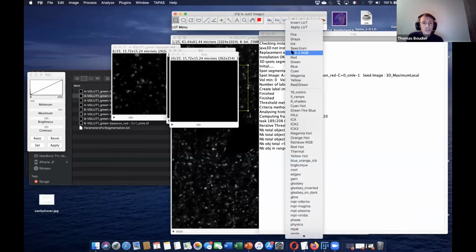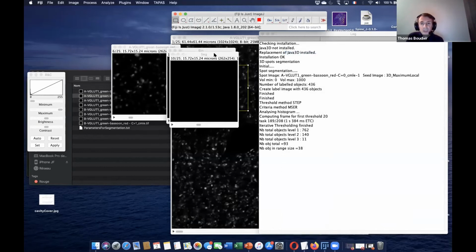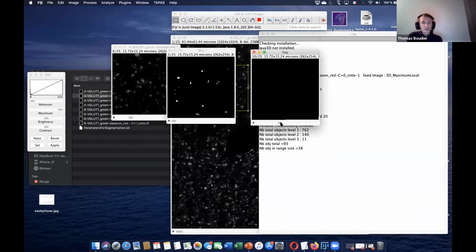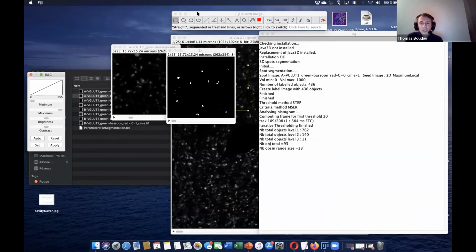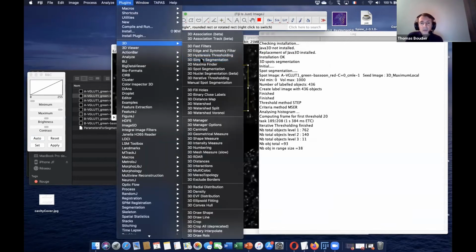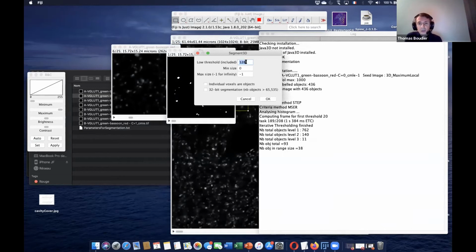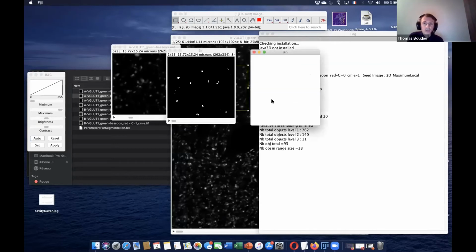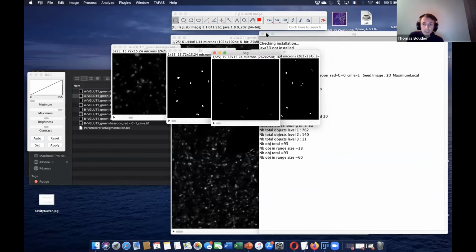So it may not be as good because maybe we need a different threshold for a different spot. The idea is the same, but the segmentation algorithm is faster. You have only one threshold, but the segmentation should be faster than a 3D object counter. You will get the same result, but faster. And of course, you have this 32 bits option in case you have a crazy number of objects.